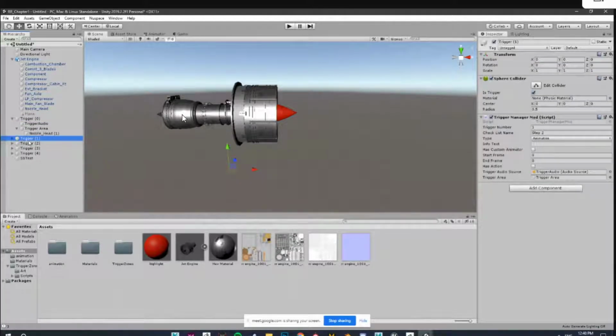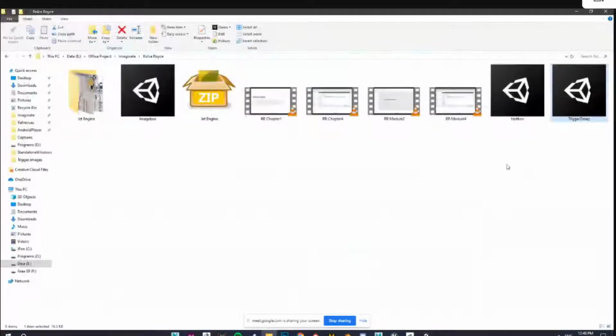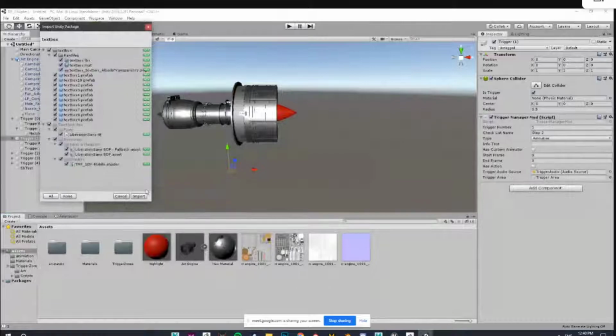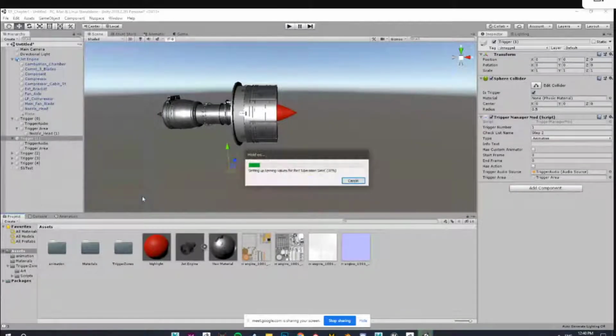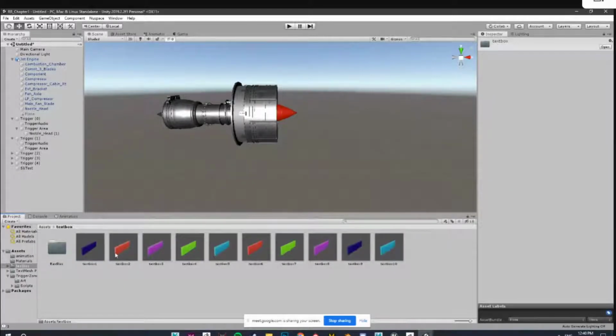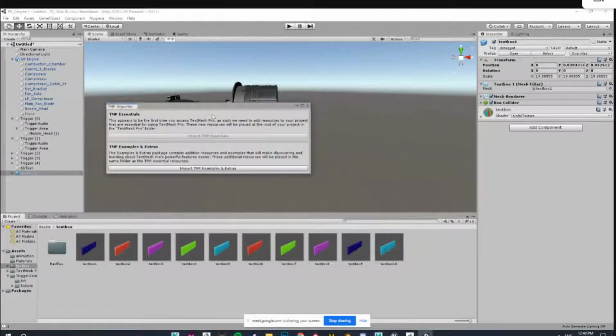So for this, let's say we want a tap here button for the trigger area. I'll give you this text box as well. If you drag and drop this, you'll get all this text box. If you try to drag and drop here, you'll get this error. It's not actually an error, but we don't have TextMesh Pro installed in our project till now.